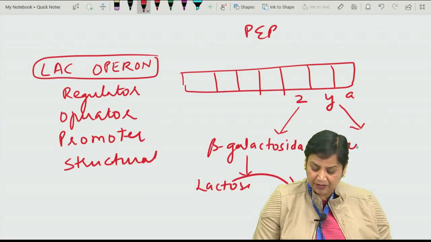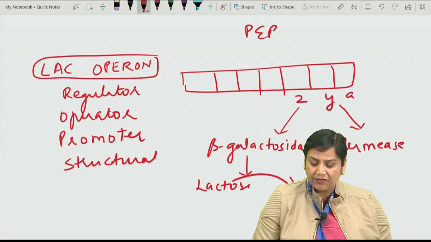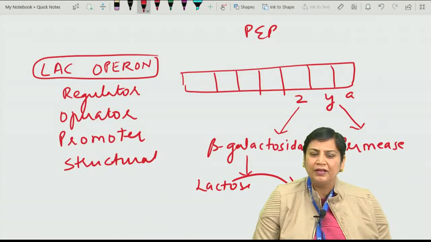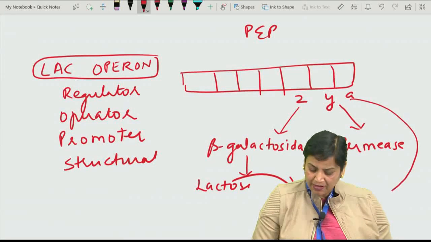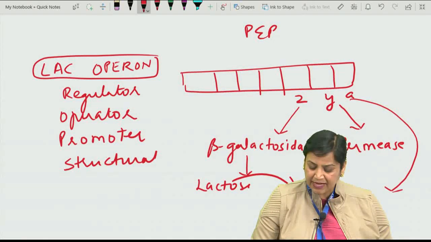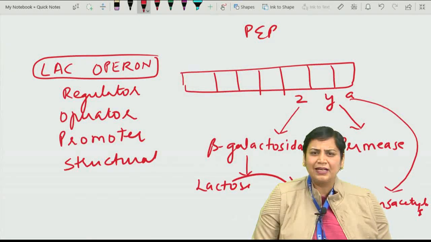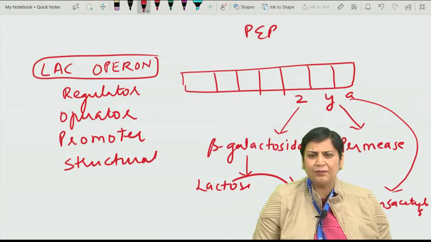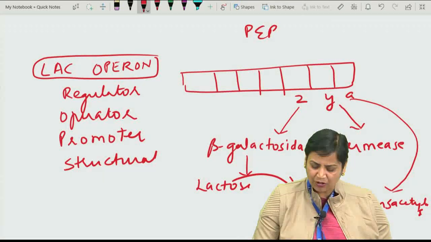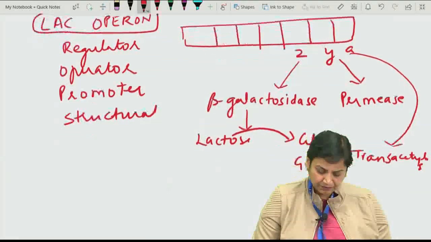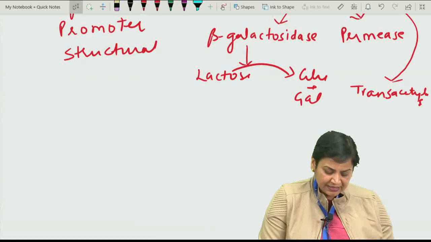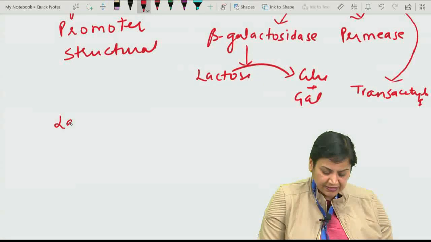Y codes for permease, which helps in the uptake of lactose, and A stands for trans-acetylase, whose function is not clear, but still we say that it helps permease in the uptake of this glucose. Now see, what happens is if lactose is present,